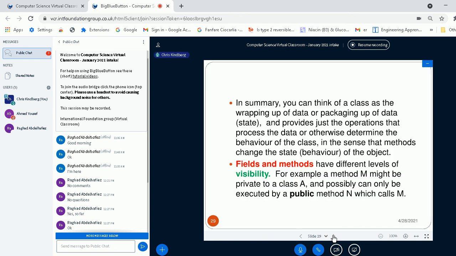So you can think of a class as wrapping up and packaging up of data, and it provides just the operations that process the data or otherwise determine the behavior of the class. In the sense that methods change the behavior of the object. Right? So fields and methods